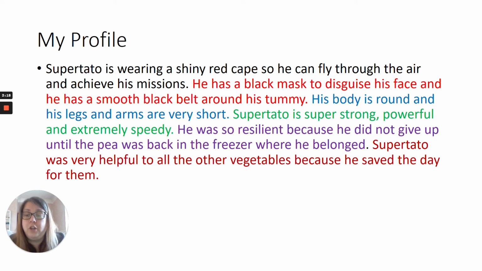So now you've written your own profile and you've seen mine, your next task is, I want you to maybe look at some sentences that you've done or some sentences that I've done and see if you can improve them. So maybe where I haven't used a conjunction or you haven't, could you write it again with a conjunction? So just underneath your work, you don't need to do it in a blue pen, just underneath, see if you can try and change one or two of your sentences or one or two of my sentences to make them even better. Then don't forget, you need to send your work over on Tapestry.